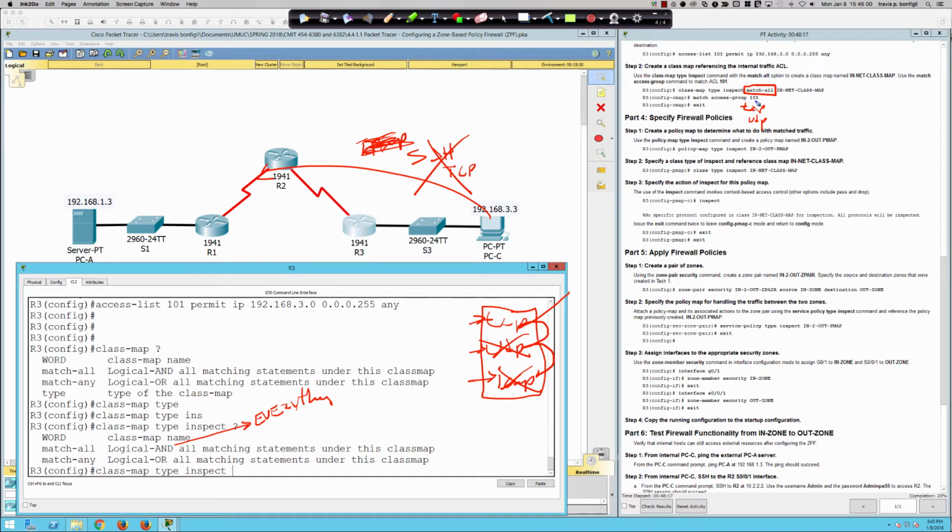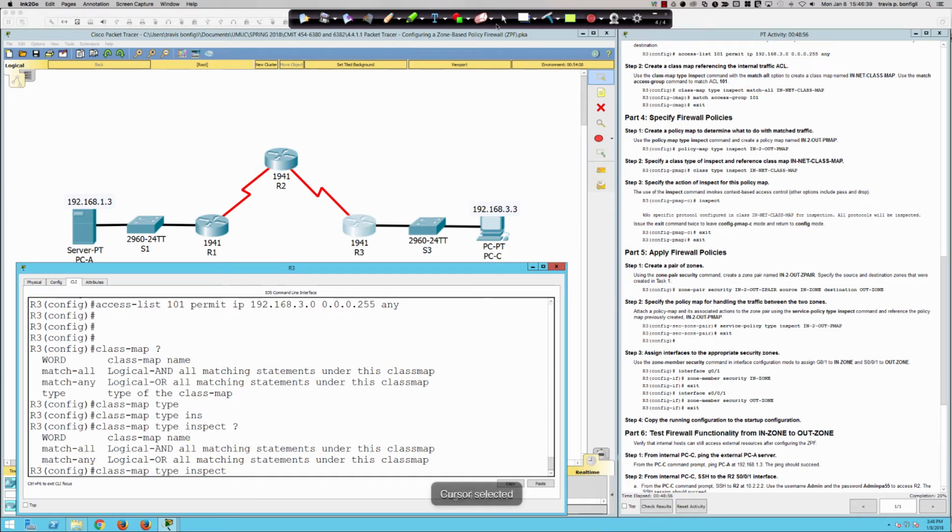And the answer would be no, because if it's match all, that would mean that that SSH session would have to be both TCP and UDP based, and it is not, right? What you would be looking for is a match any when you're using multiple protocols or applications. And remember, zone-based policy firewall, just like CBAC, does that deep packet inspection. It goes deeper into the packet because, again, we're using the same inspection engine. So it can go look at that layer 7 information, and it works very, very well with those non-standard applications